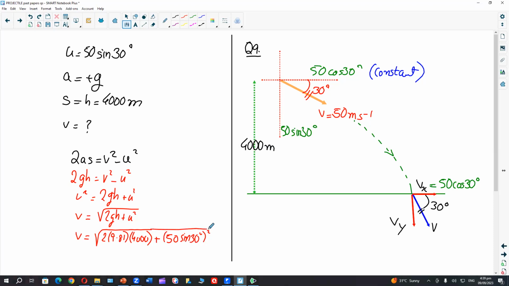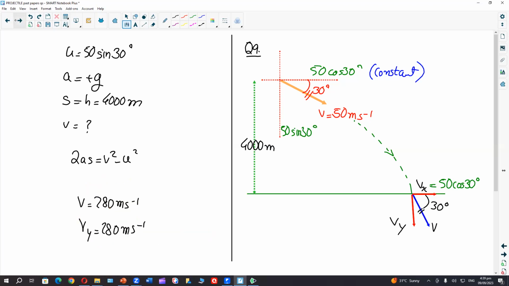Sir, I did it a little differently and I got like 284. How did you do that? I did not resolve anything. I just took U squared as 50 squared. But I'll lose marks if we have to resolve, right? No, that's not a problem. But actually, you take 50 as a resultant velocity, right? Yeah, I took U as 50 squared, 50 as the resultant velocity, and then